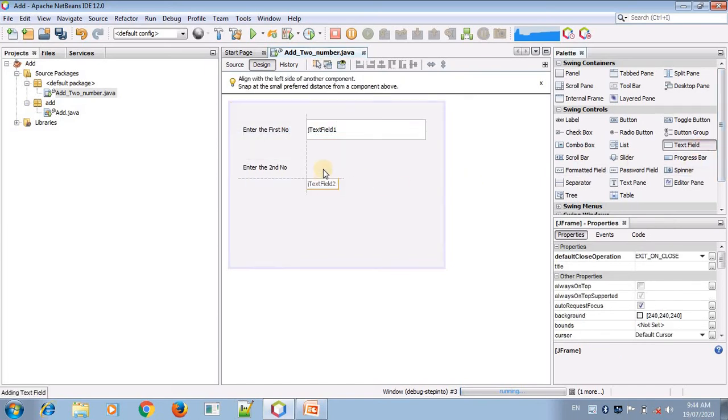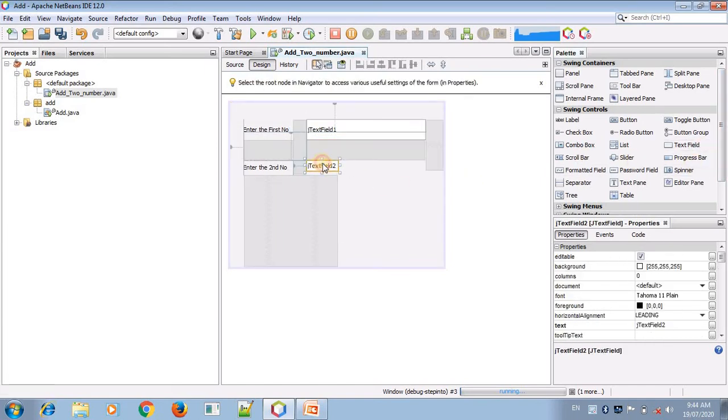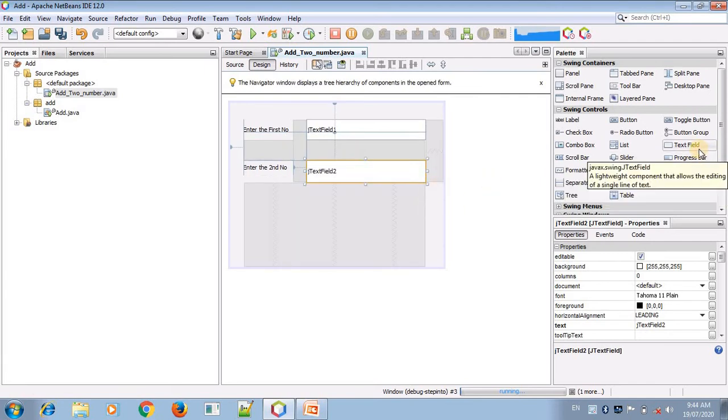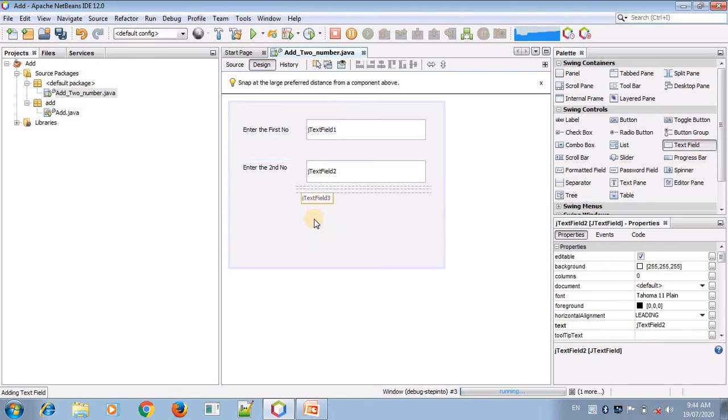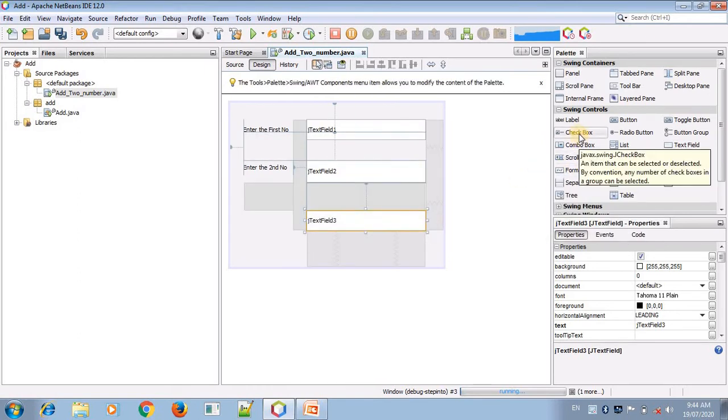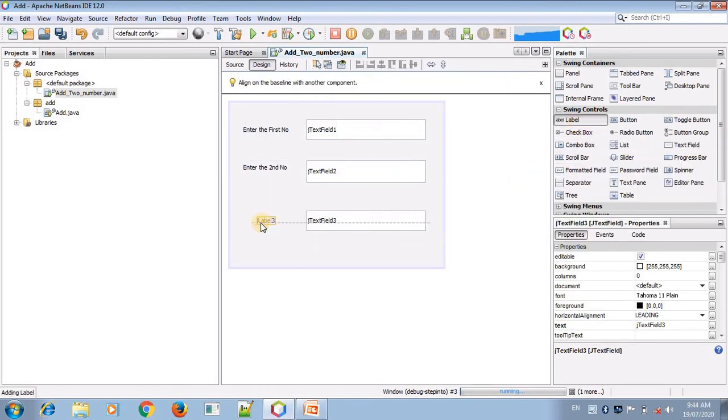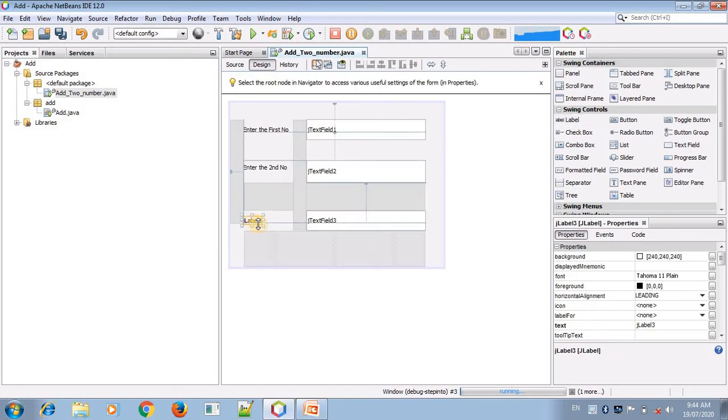Similarly for the second number we take a second text field, and for displaying the added value, this is the third text box. And here we need another label, where I am going to write result.